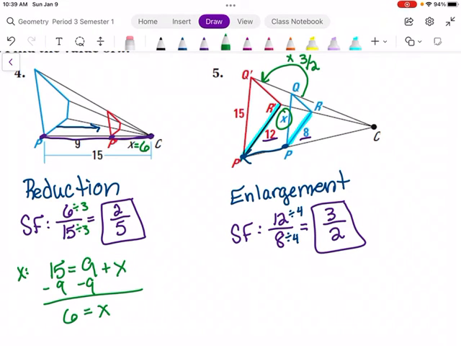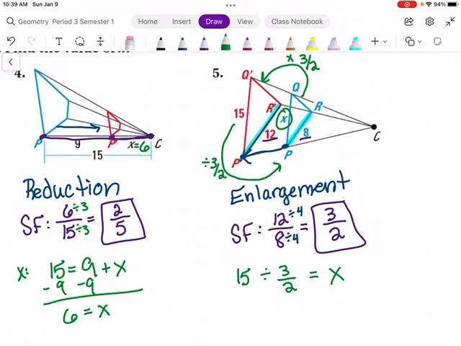So we multiplied this by 3/2 to get to our image. Also, to get back to our pre-image, we would divide that number by our scale factor. So to get x from 15, we're going to take 15 divided by 3/2,